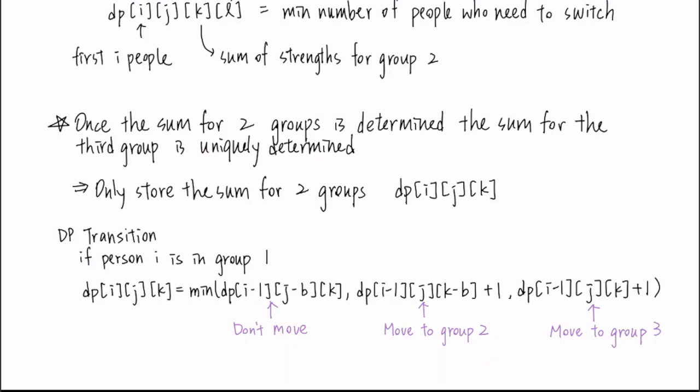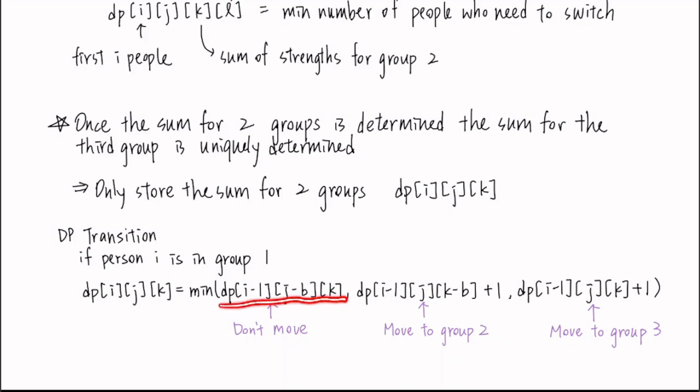So let's look at the DP transition. Let's say the current person i is in group 1. Then there will be 3 possibilities for this person, which is to stay in group 1, or to move to group 2, or to move to group 3. And we will need to find the minimum number of people that is switched. So DP ijk will just be